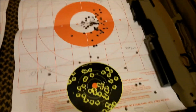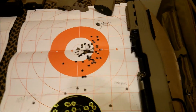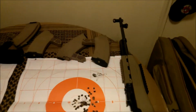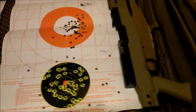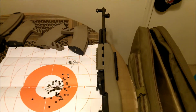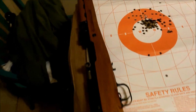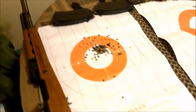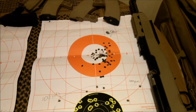They're both Norinco SKSs, the Chinese SKS. There's some video of me shooting. I'll include that with this. But if you're considering the Tapco stock, like I said, I like it. It's very ergonomic. It feels really well. A little more stable than the standard wood stock that comes with the SKS. And like I said, no optics or anything, just iron sights, which for me,